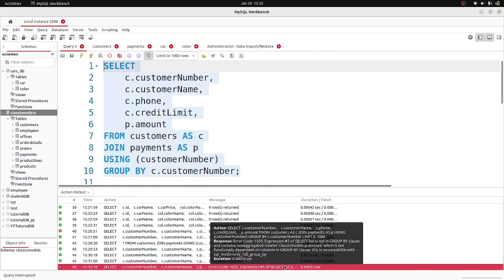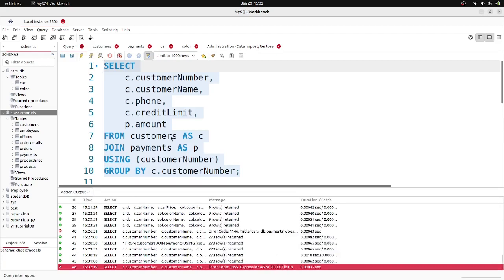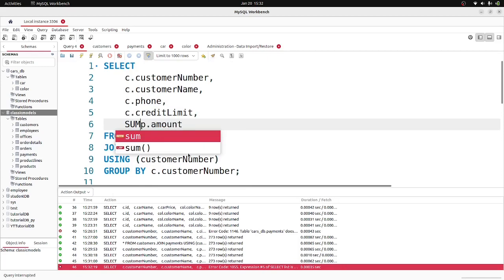If you hover on it, you can see the error with the amount right here. P.amount is not an aggregated column because we have different payments made by the customer. So now we want to find a sum of all those payments, right? So we're going to use SUM, and we return a sum of that. You can give it an alias name, you can say AS, let's say, amount,